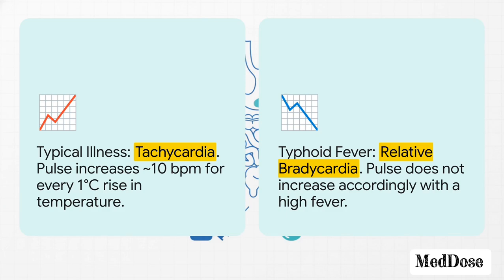Normally, when you get a fever, your heart rate goes up, right? For every degree Celsius your temperature rises, your pulse should jump by about 10 beats per minute. That's tachycardia. But with typhoid, something strange happens. The fever spikes, but the pulse just doesn't keep up. This disconnect is called relative bradycardia, or Faget sign, and it's a massive clinical clue that should make you think